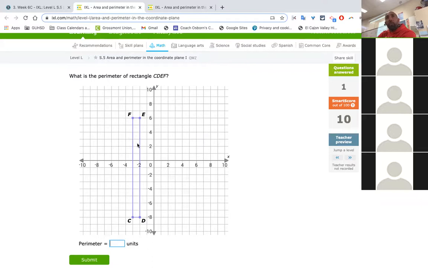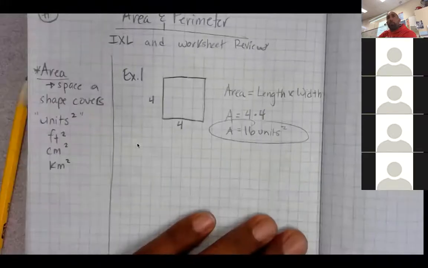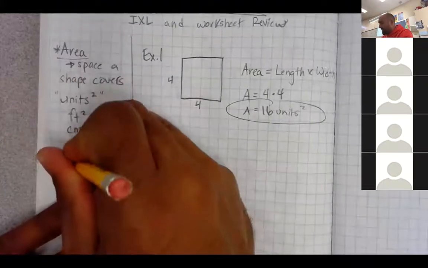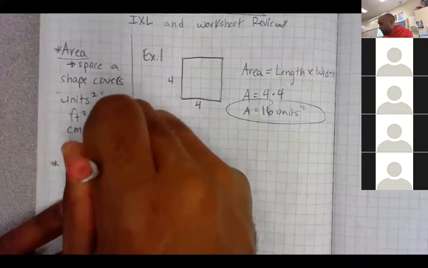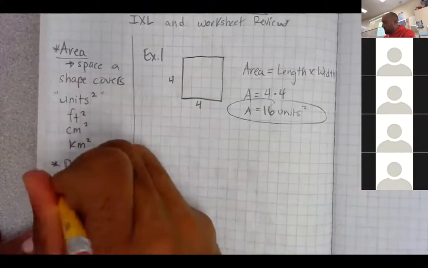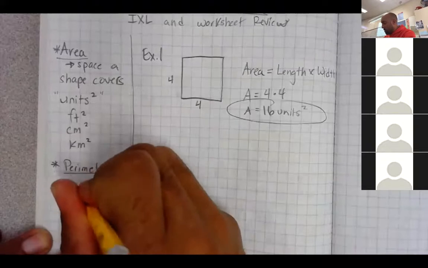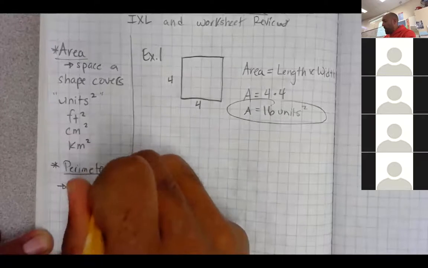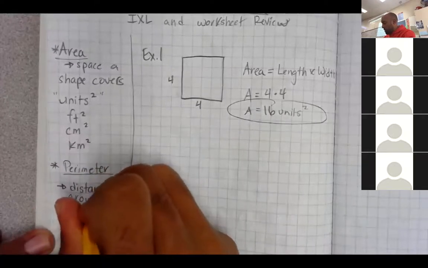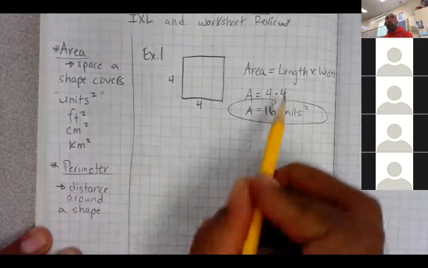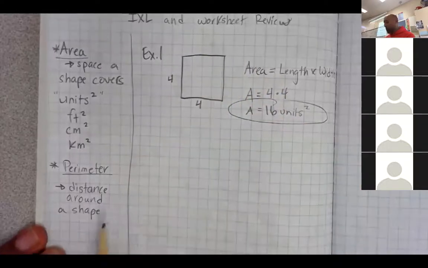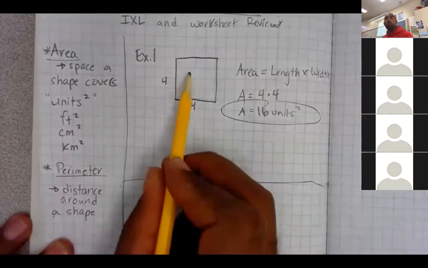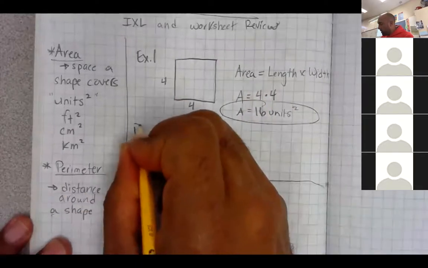Okay, so now perimeter. Perimeter is the distance around a shape. So we want to know how far is it around the shape. So we're going to look at the same example. This is the area, but to find the perimeter,